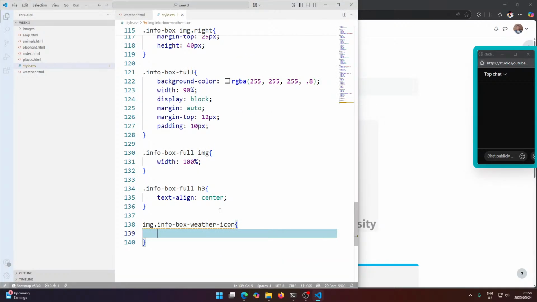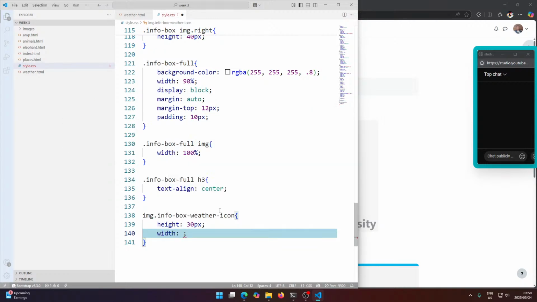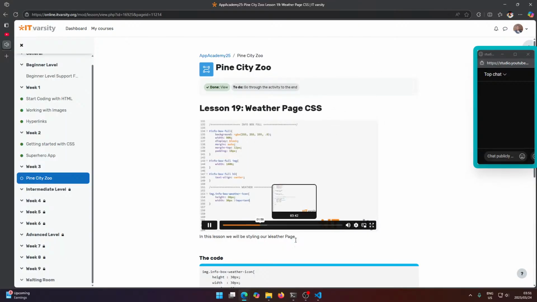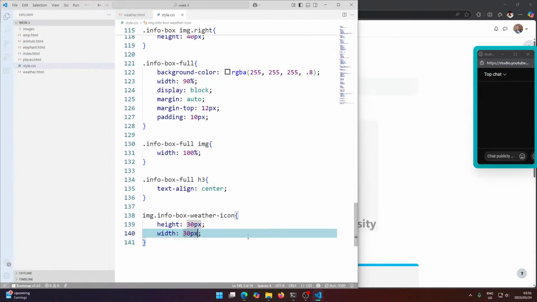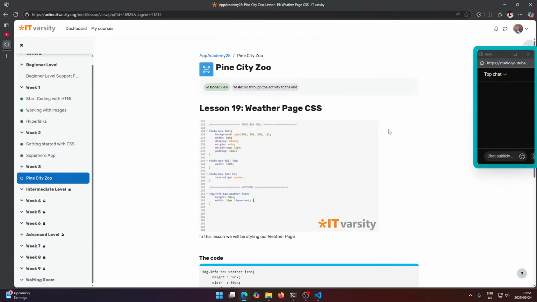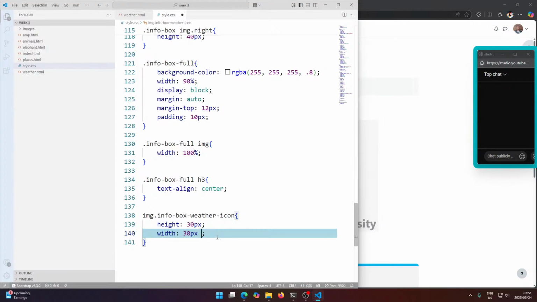Let's type this out. Height 30 pixels. But we're going to do something slightly different here. We're going to add Width, 30 pixels, an exclamation mark and the word important, and then place our semicolon. Now the reason we are doing this is because there might be a clash between line 155 and the styling in